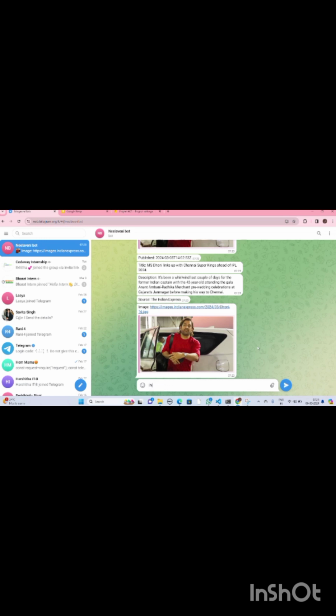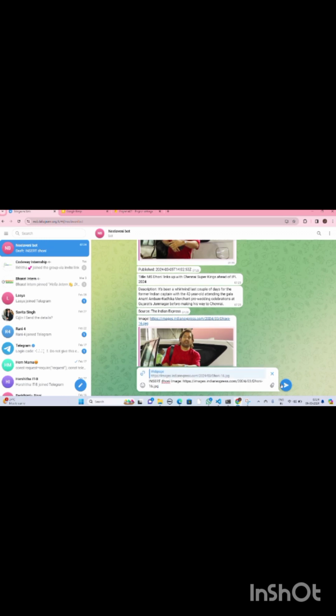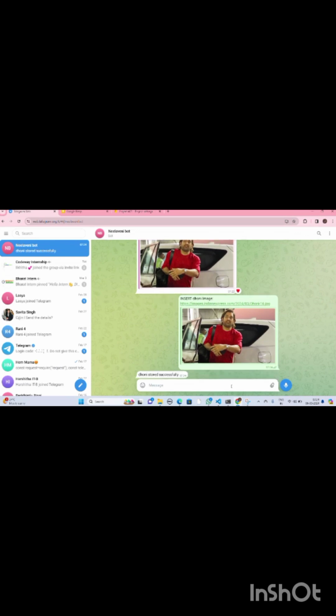We have to enter our request. Here I entered Dhoni, and it will give news articles about Dhoni. Here I wanted to insert the image of Dhoni, so I wrote the command as insert space Dhoni space, and I copied the image URL and entered.